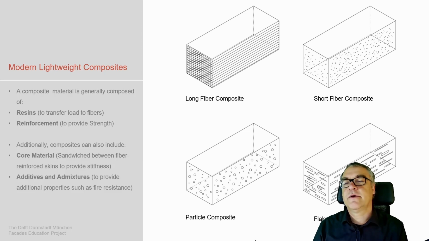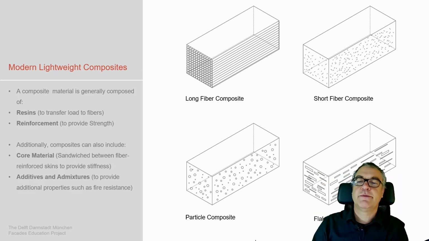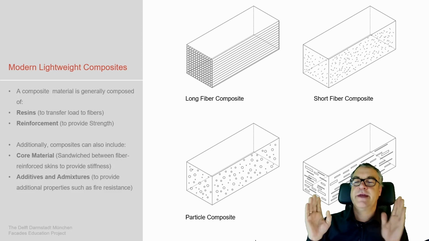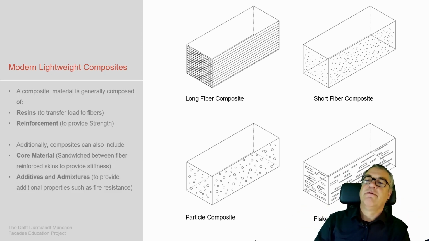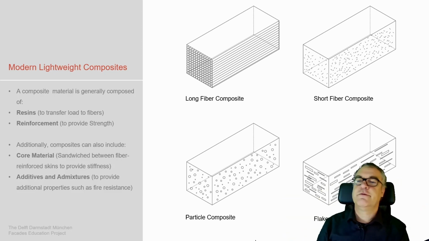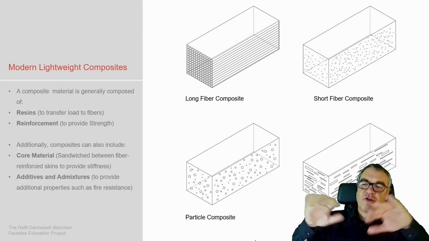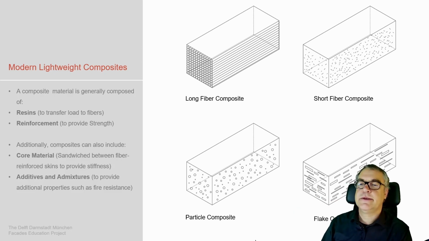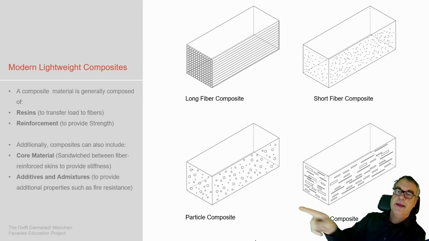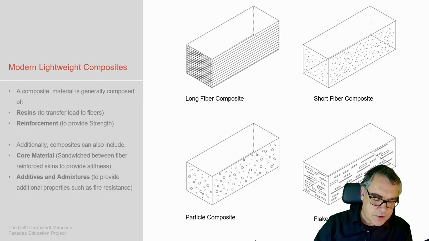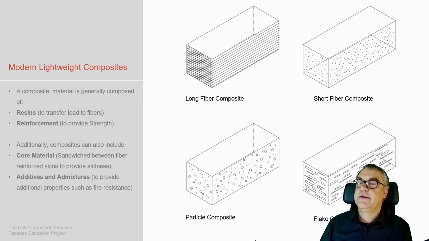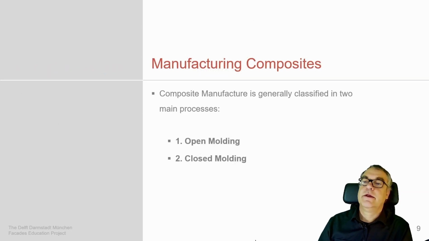You can do the same with polymers. The downside of short fiber composites is that they can't take stress loads that well, because stress has to transfer from one fiber to the next, to the next, while long fibers can deal with these forces a lot better. The positive part of short fiber versus long fiber is that you can easily shape it as you need. You may add flakes or particles to create a less dense structure and reduce the amount of material you need in the composite.